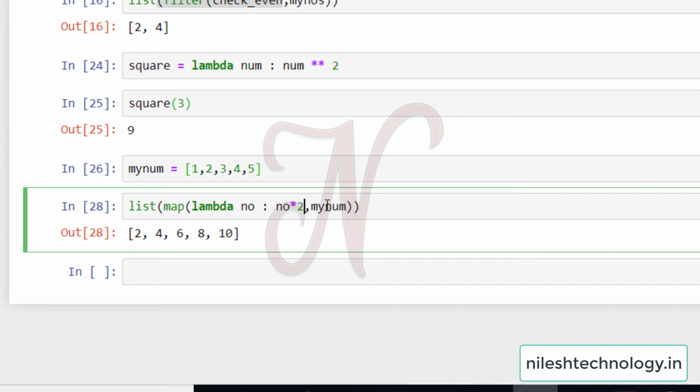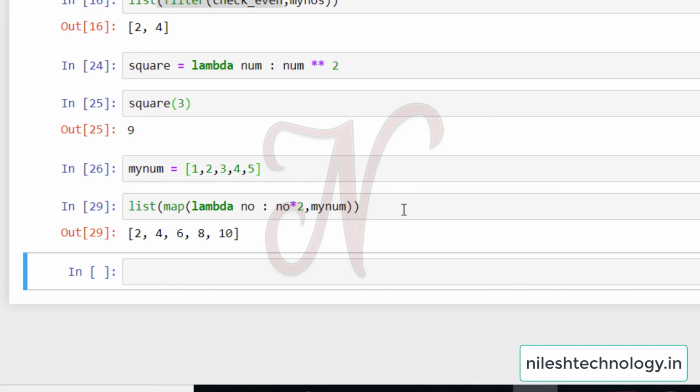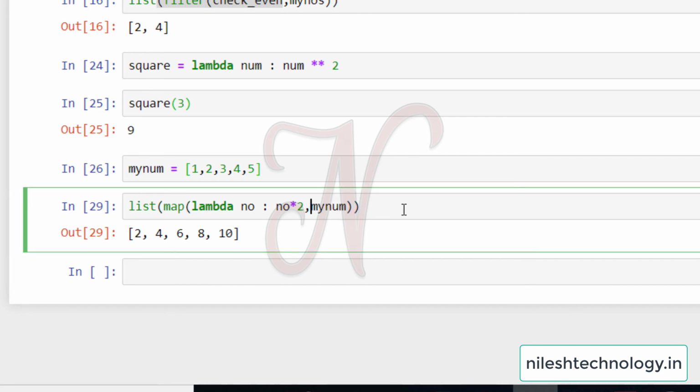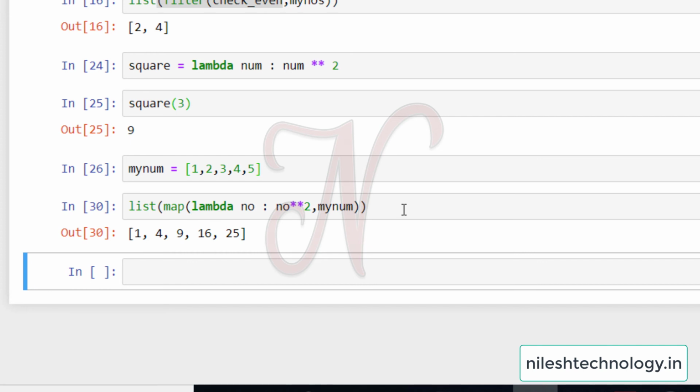Again rerun this code: 2, 4, 6, 8, 10. When you use the double star, my answer is the power of this number: 1 raised to 2, 2 raised to 2, 3 raised to 2, 4 raised to 2, 5 raised to 2. So this is the lambda function we used in a map.